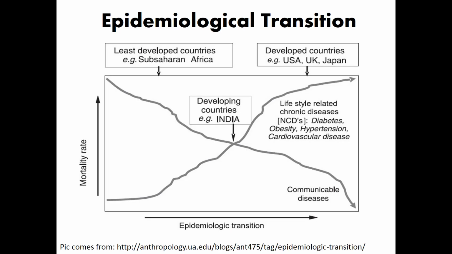So in this next picture, we see an epidemiological transition. What this shows is that the more developed a country becomes, the less likely the populations in that country are to die of an infectious disease. The more resources they get, the more they develop, and the better off they are economically, the more they start having Western health outcomes, such as experiencing chronic disease, as opposed to dying from infectious disease.